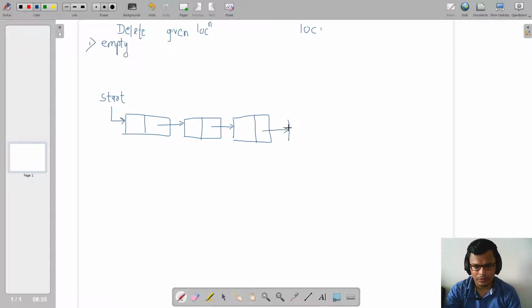So I have a total of 4 nodes in my linked list, and the data of this linked list is 10, 20, 30 and 40. Now the valid locations in this particular linked list would be 1, 2, 3 and 4, because I have only 4 nodes in my linked list.